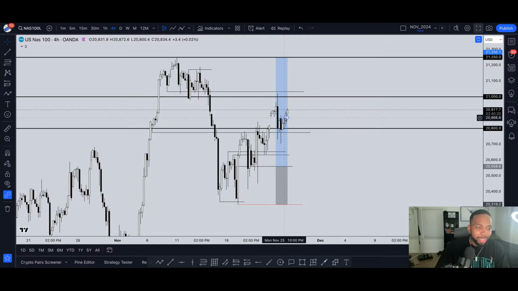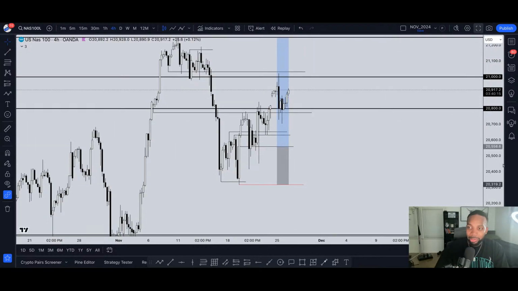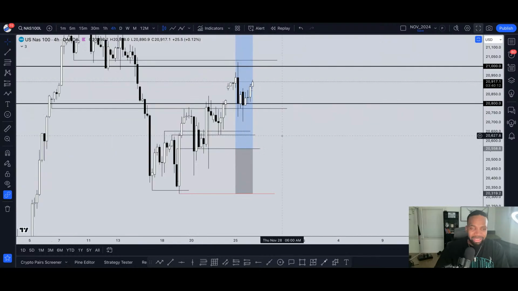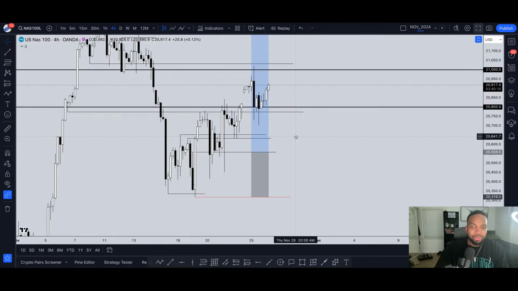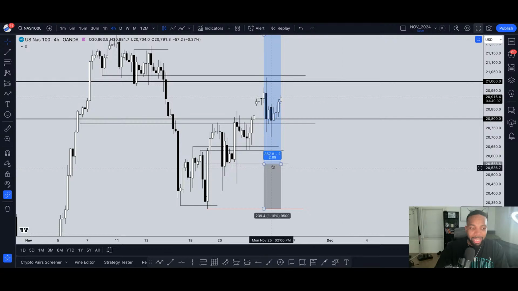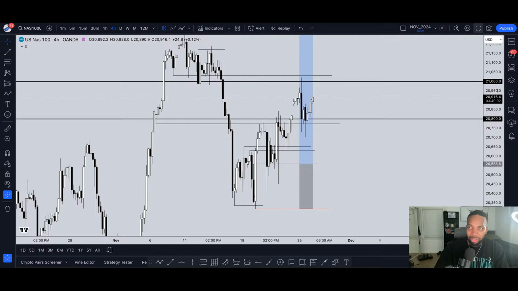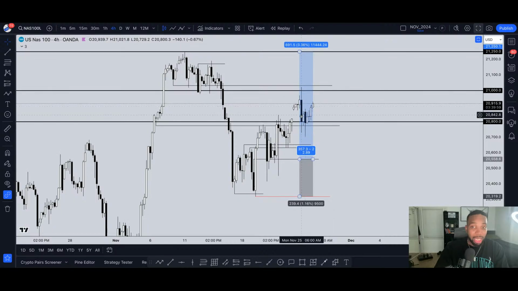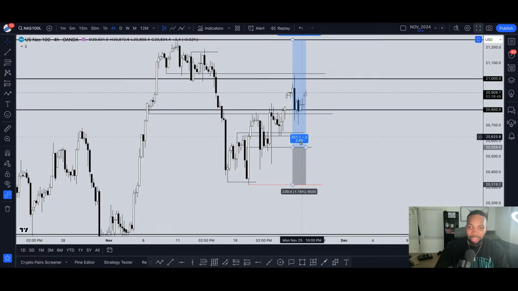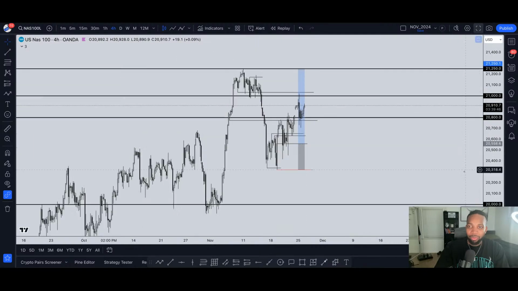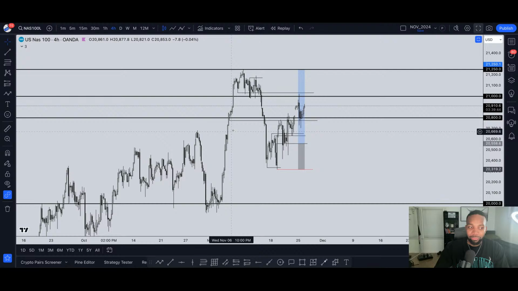MNQ, what is that? Is that futures? Yeah, I don't really trade futures, but it's the same chart, just different names. I'm in NAS way down here, so getting into buys up here is not going to be for me, unless I'm just now opening a trading account and I just deposited money and I'm trying to look for an entry. But I think the best entries were anywhere below 20,800 for buys.